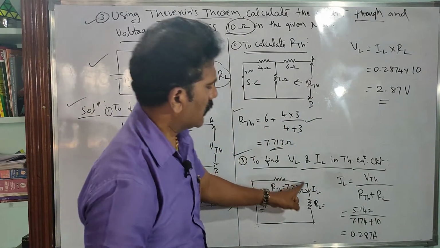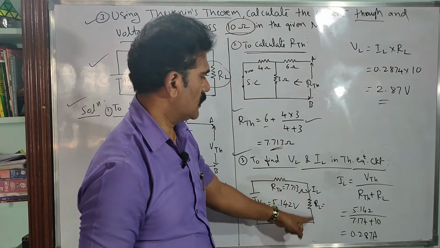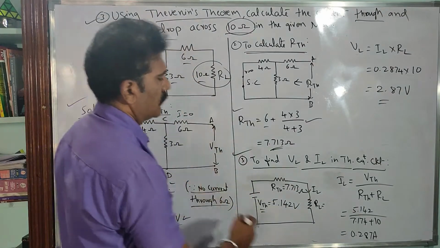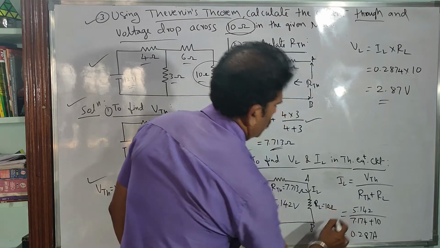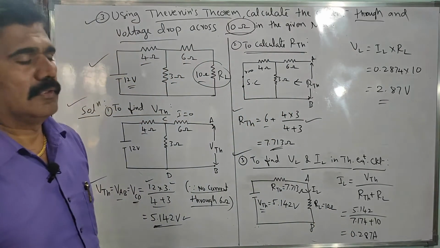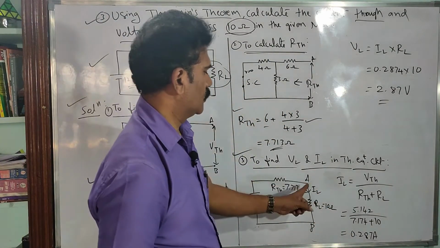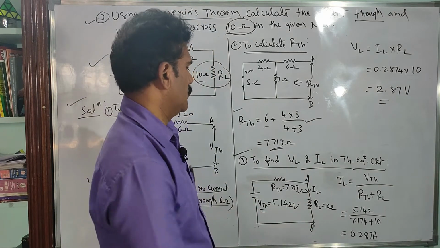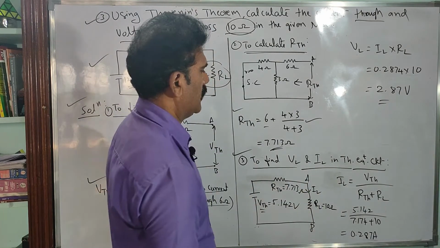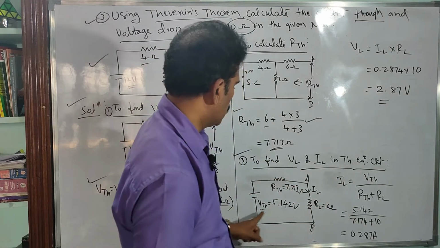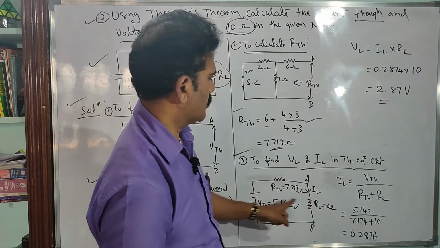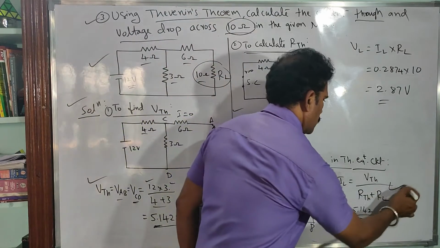We should connect it back. So what is that load resistor value? 10 ohms. So it is across the terminals A and B. It is connected back, the 10 ohm load resistor. Now we calculate the current through the load RL. So in the simple network, by Ohm's law, you can write the source voltage VTH divided by the total resistance in the circuit, which is now just RTH plus RL, right?